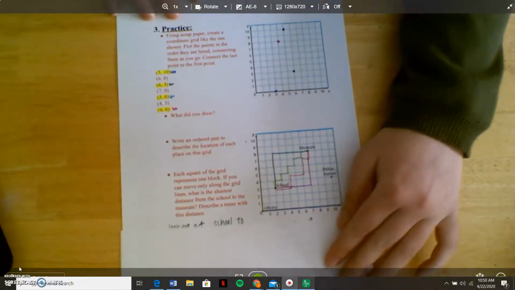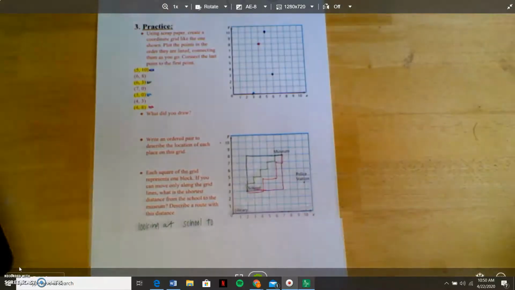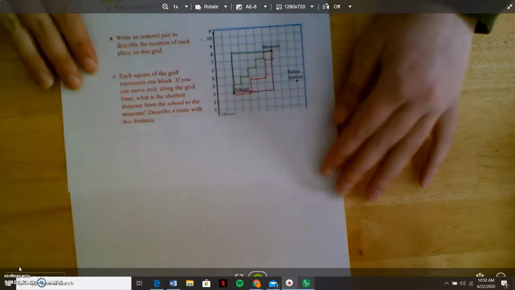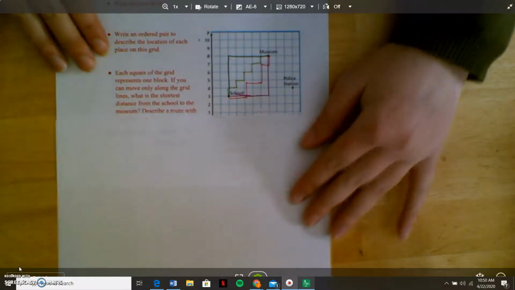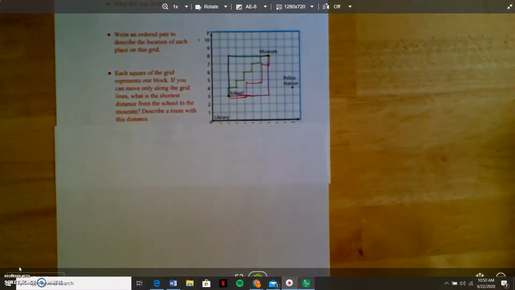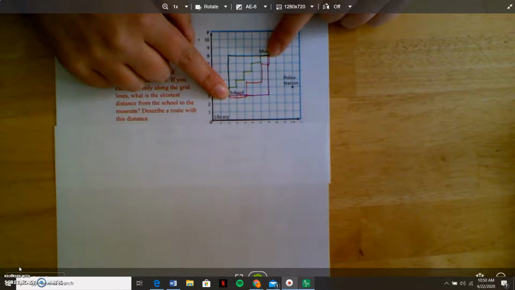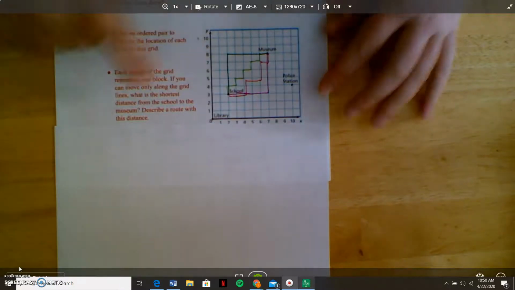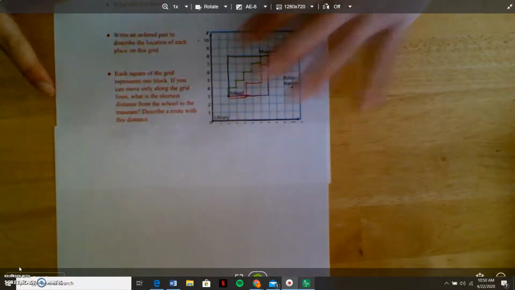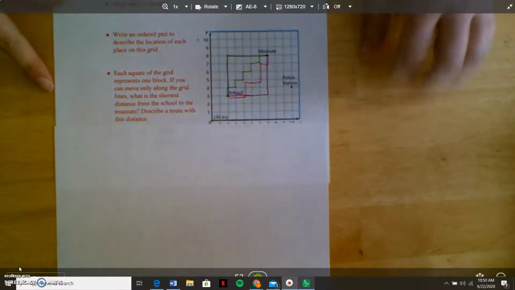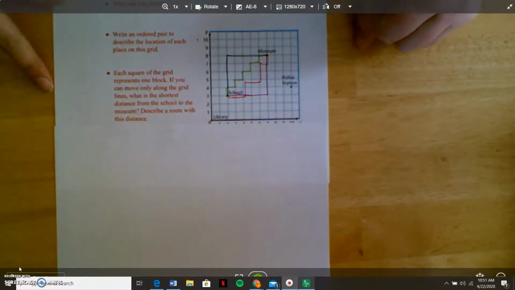So we are going to look at now, I'm going to move this in a little bit, is we are going to look at distances. So when I look at distances right now, I have all these goofy colors here with different lines on them and different lengths that we are going. We are going to look right now from the distance from school to the museum. And when we look at that, I have found 1, 2, 3, 4 different routes or ways that we can get the distance of